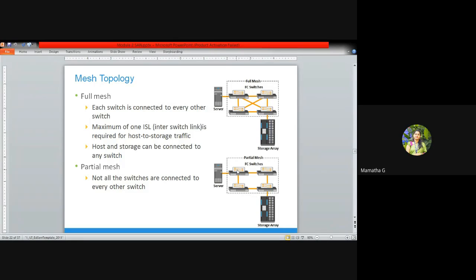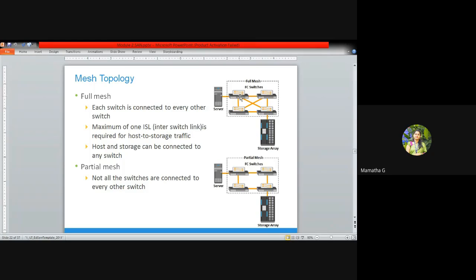You can see in the figure, there is no condition that each switch should be connected to the other switches. And also, host and storage can be connected to any switch. This is applicable to both. There is no condition that it should be connected to only the first one.